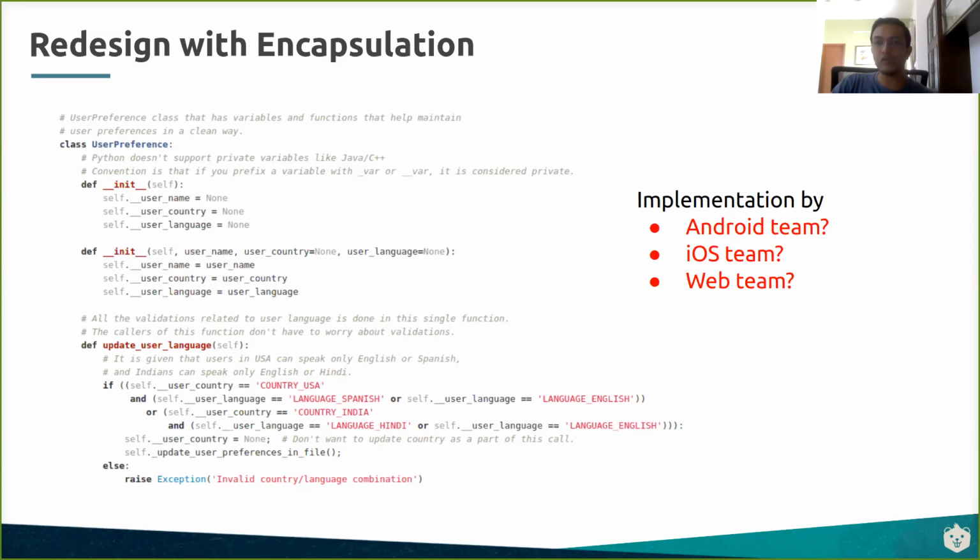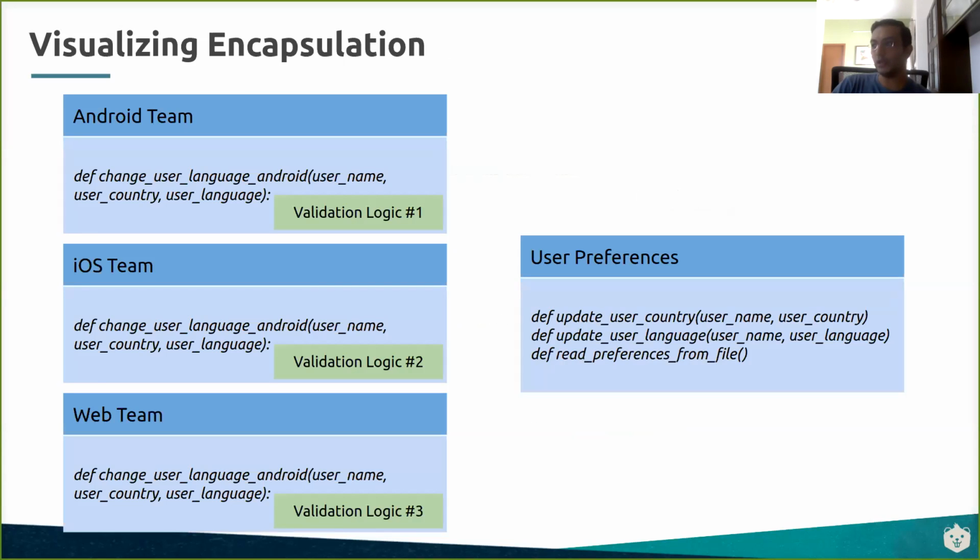The user preference team itself could be tens or fifties of people. They are doing things by themselves. They are making sure that any validation that needs to be done, any new fields that need to be supported in user preferences, is all being done. So effectively, the user preference team is the one who should be doing this validation. If you are given just a simple requirement of saying validate the language and country data in the user preference, where would you do this? That is effectively the design question here. And the answer is it's better always to keep this in an encapsulated class, keep it independent, where multiple people can come in and use this.